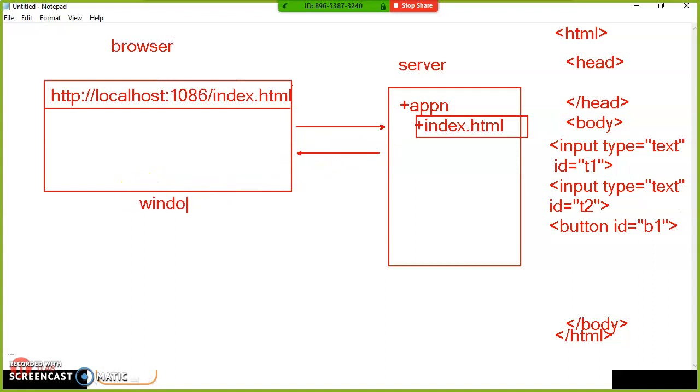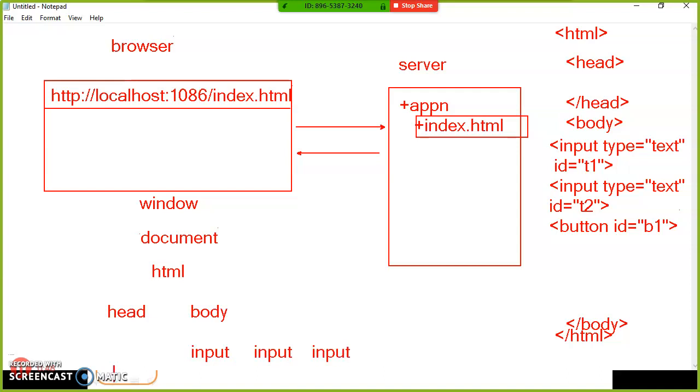Whenever the index.html page is loaded in the browser, then the DOM is ready. A window object is created, and then a document object is created. In this document object, you have the HTML object. All HTML elements are converted into JavaScript objects. Here head, here you have body, and here you have input tags, three are there, input, here also input, here also input.